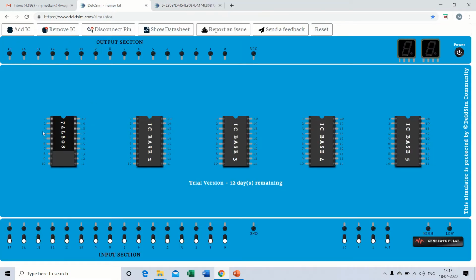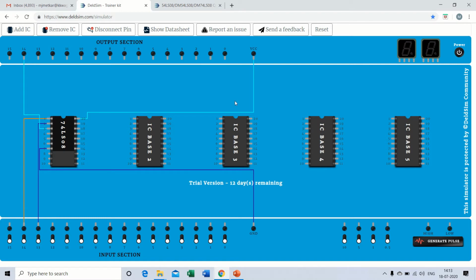Now we will see, first for pin 7 we have to give the ground. Therefore I will connect 7 here to the ground. Now pin 14, that is after 7 this is 8, 9, 10, 11, 12, 13, 14. Pin 14 I have to give as VCC. So these are the two connections that are used for enabling that IC. Now we will give 1 as input, that is the input section as you can observe here, and 2 also as input. Now 3 is our output, therefore we will connect it at the output section. Now we have completed our connections.